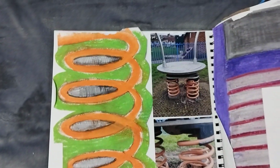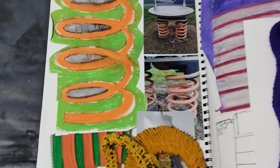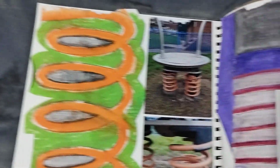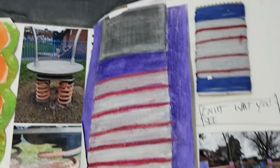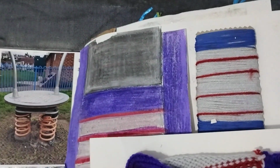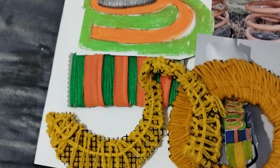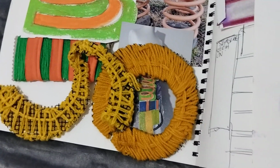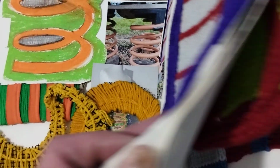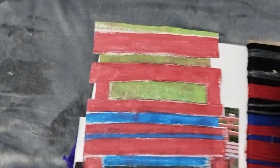I've been continuing to use the playground as a source of inspiration, making drawings. They're a little bit more abstract, and then these are translating into colour wraps for colour palettes, and then knitting machine samples and other textile pieces as responses to any of my drawings and photographs, which is building up an archive of research,